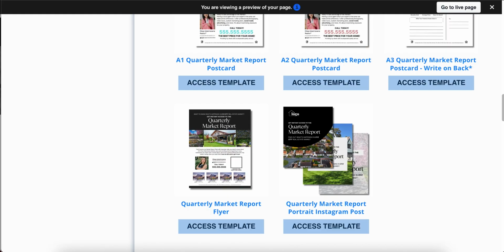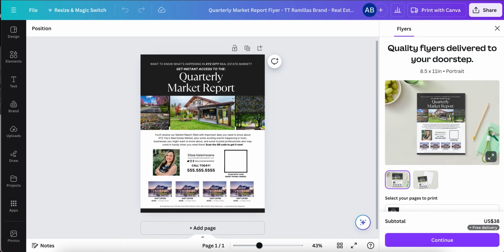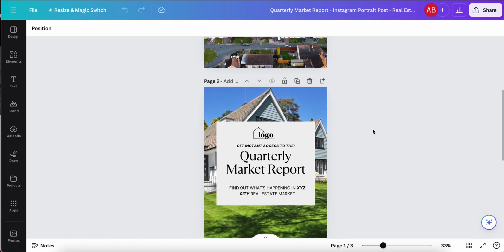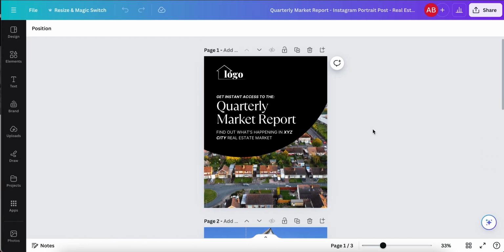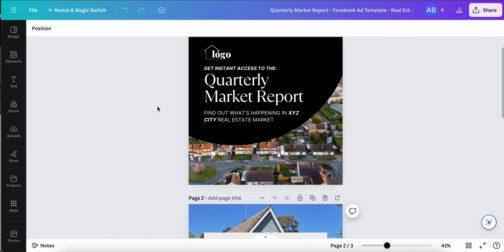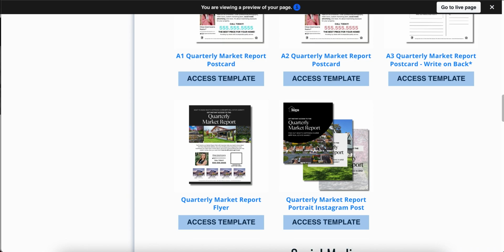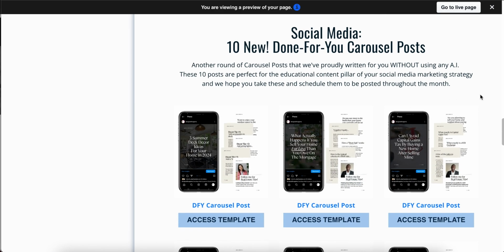And then we also have a social post, so you can go ahead and promote that on social media as well, separate from the Facebook ad that we provided, right? Those templates. Now, going down to our social media section, where we do provide you with done for you content each month,